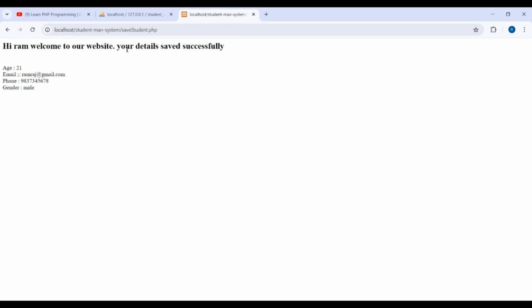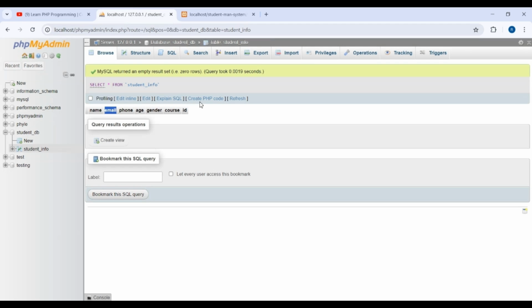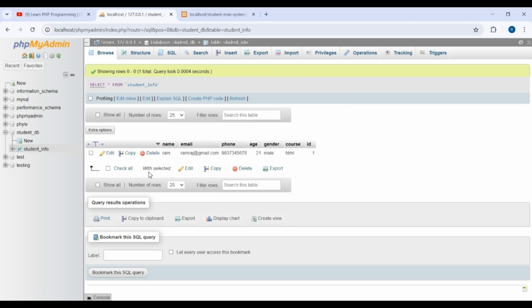Your details saved successfully." So it means saving is successful. Let us check in the table if there are entries or not. If I refresh, you can see that the user details are saved with Ram as name, email, phone, age, gender, course,